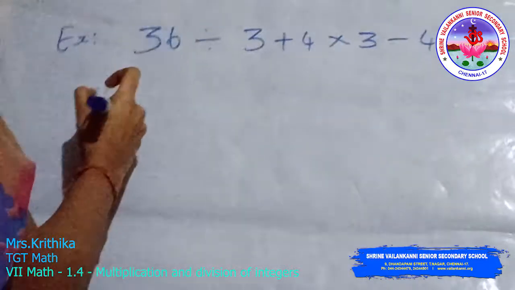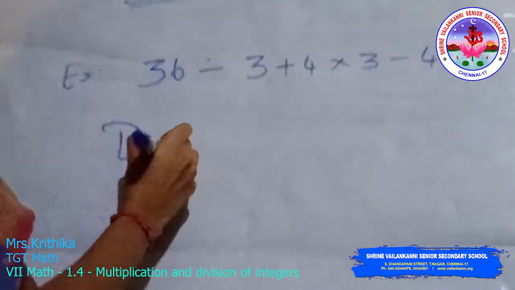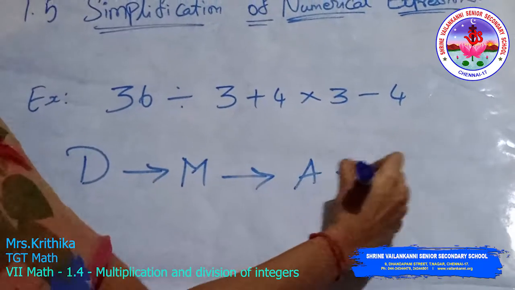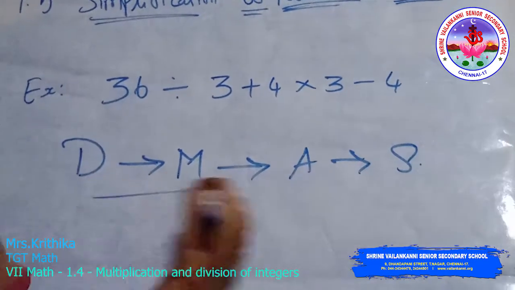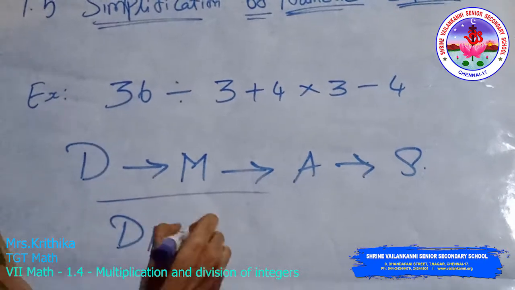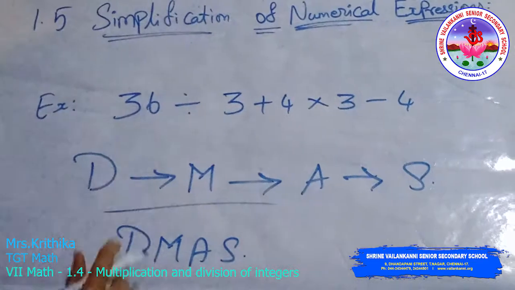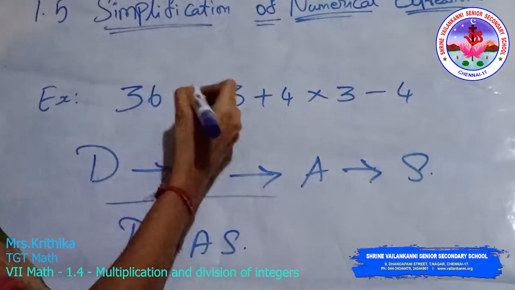First priority goes to division. Next priority goes to multiplication. Next is addition. Next one is subtraction. That is the DMAS rule. First priority goes to division. Here the division is